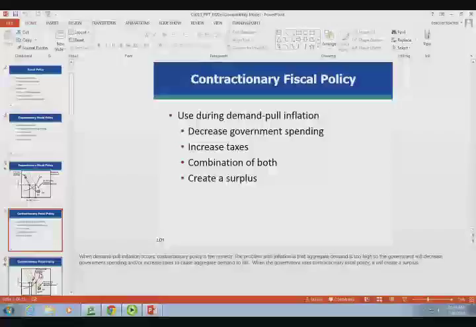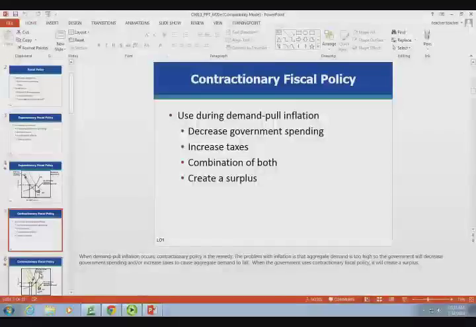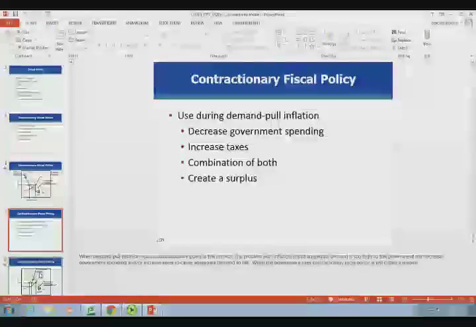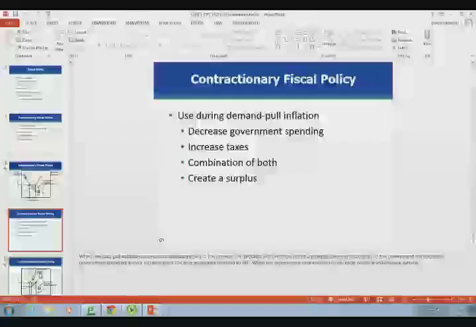So I'm going to decrease government spending, but I'm going to get into your pocket and increase taxes. So remember when we did the taxation and government spending, I told you taxation affects our ability to spend immediately, and then it's multiplied. So when we looked at the $20 billion increase in taxes, that was then multiplied by our propensity to consume and then multiplied. So I'm going to decrease government spending, increase taxes, do some combination of both. But my hope is that I'm going to create a surplus.